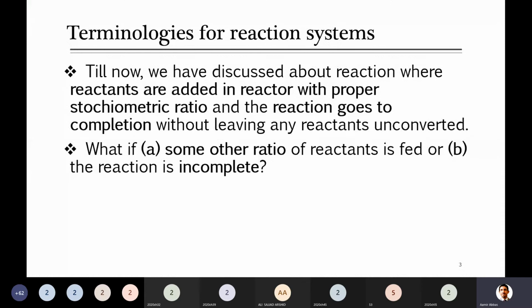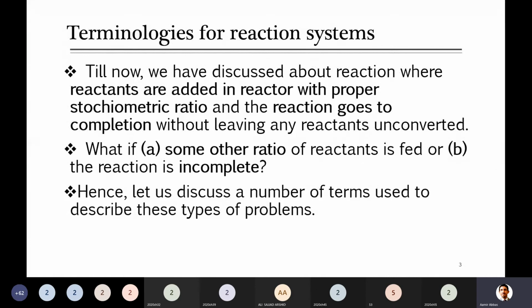For example, they should be in a ratio of 1:2, for example, 1 mole of CH4 against 2 moles of oxygen. If the given composition is not in this ratio, for example, it is 50:50, that is not 1:2. 50:50 moles is like 1:1. So when the ratio is not as per the stoichiometric equation, our overall reaction is not complete. So in those cases, how to deal with them?